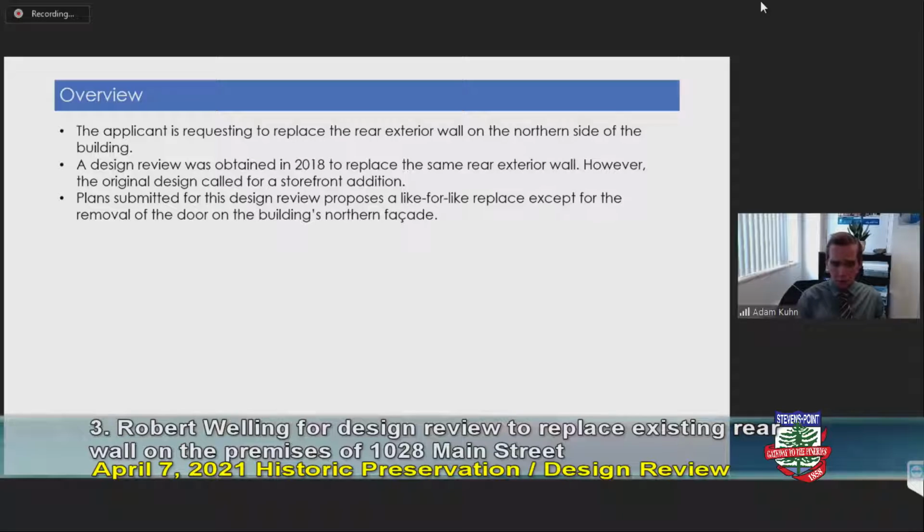which is situated on the northern side of the building. To give a little backstory here, a design review was obtained, if the commission recalls, back in 2018 to replace the same rear exterior wall. However, the original design back then called for a storefront addition. Subsequently, the plans for having the storefront tenant have not come to fruition. So as such, the applicant is requesting a modified design review, which will call for a like-for-like replacement of the